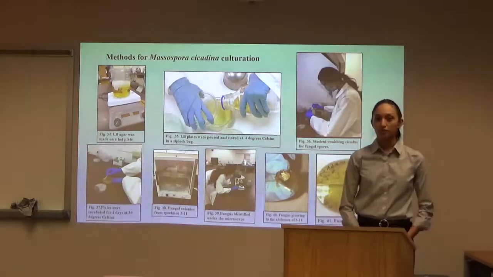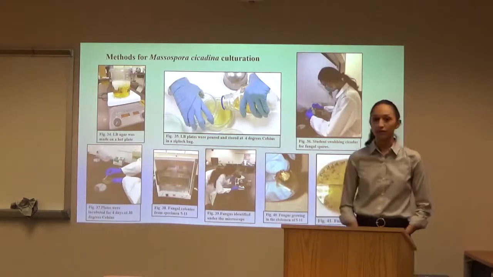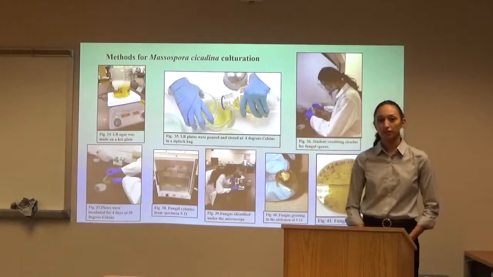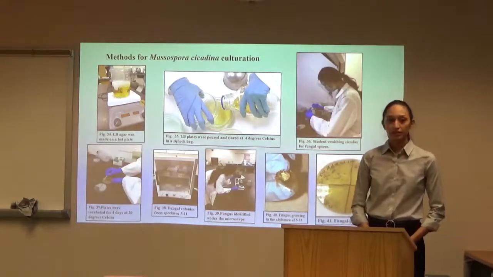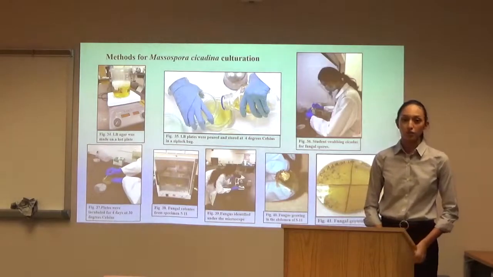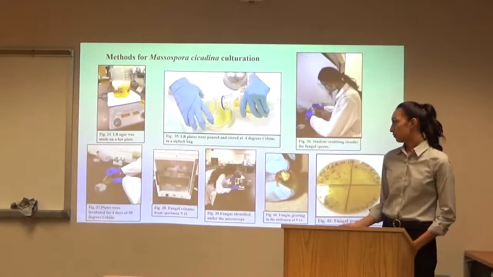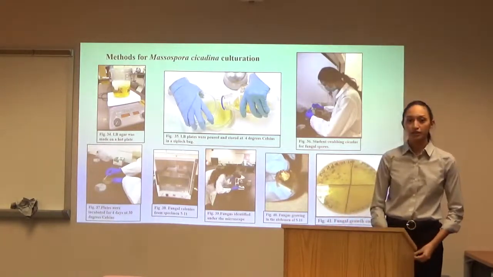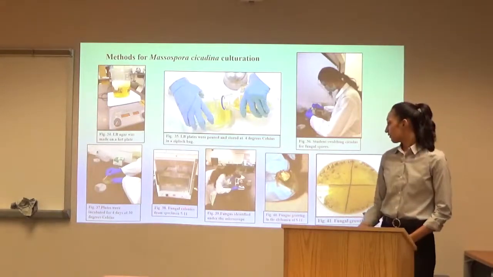Methods for Massospora cicadina culturation. First, LB agar was made on a hot plate. Then, the plates were poured and left to solidify. After the LB agar was completely solidified, the cicada's abdomen was swabbed with a Q-tip, and with that same Q-tip the plates were streaked. Then, the plates were taken to incubate at 30 degrees Celsius for 4 days, and afterwards,